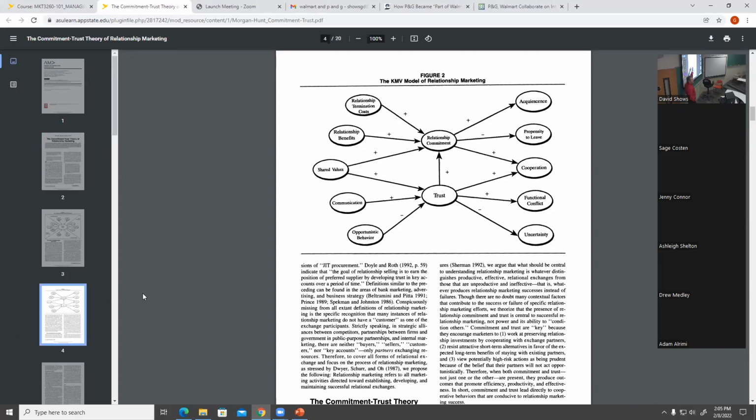And a construct usually is something like a very esoteric kind of idea. When you look at this and you see uncertainty, and functional conflict, you're going to see that word next chapter. And you look at cooperation and you ask yourself,